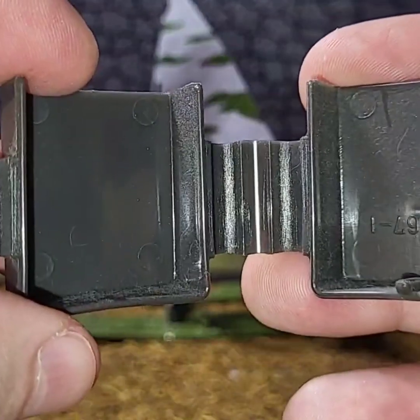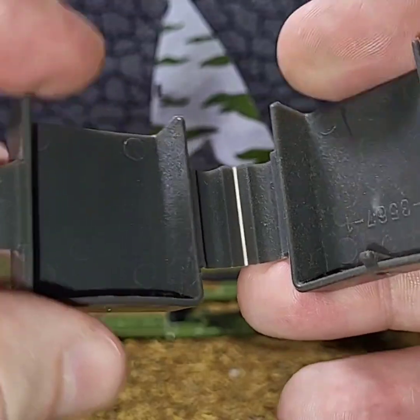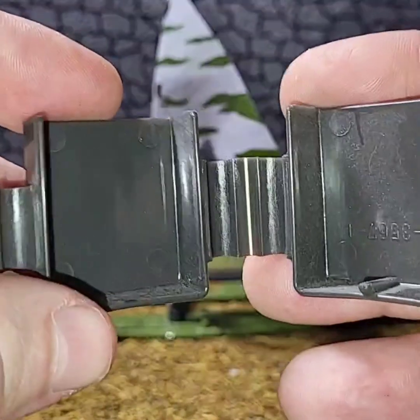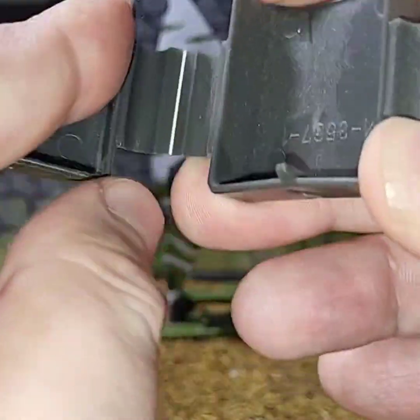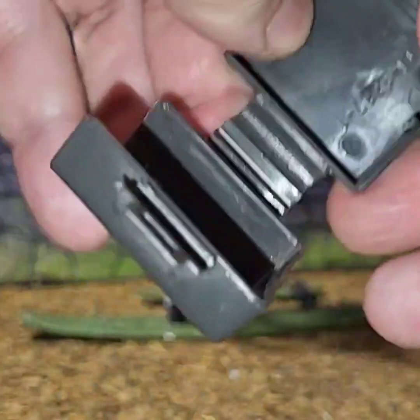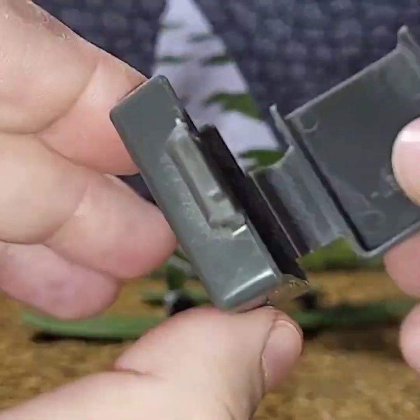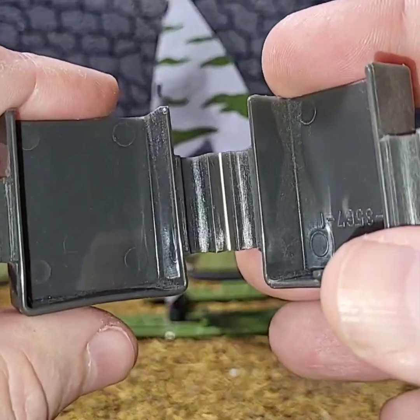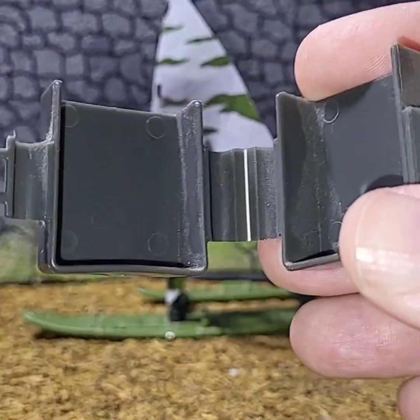You could see the stress on the plastic there, but this would be to, boy, dust just gets everywhere. This has been sitting up on my shelf for quite a few years. I apologize for that. This would help to